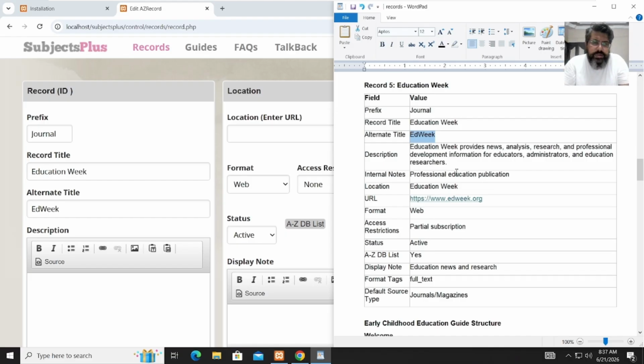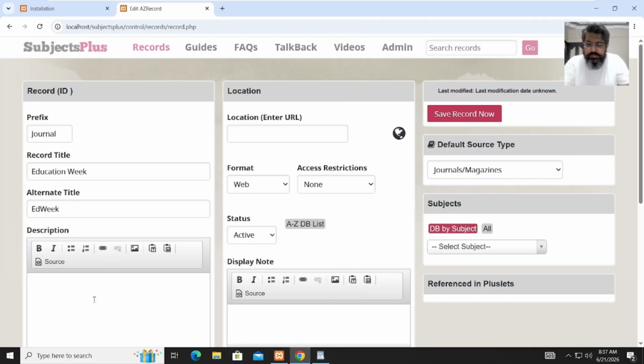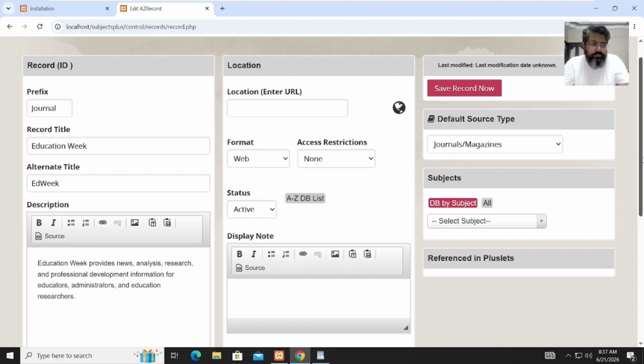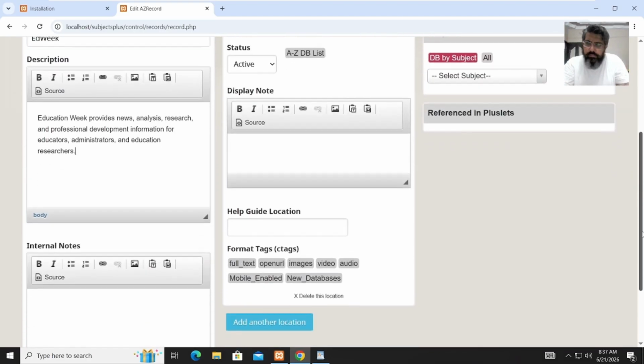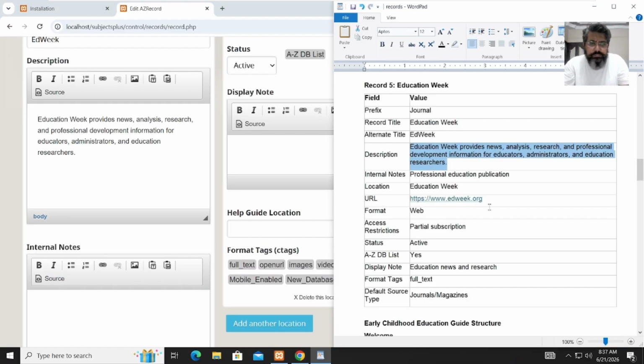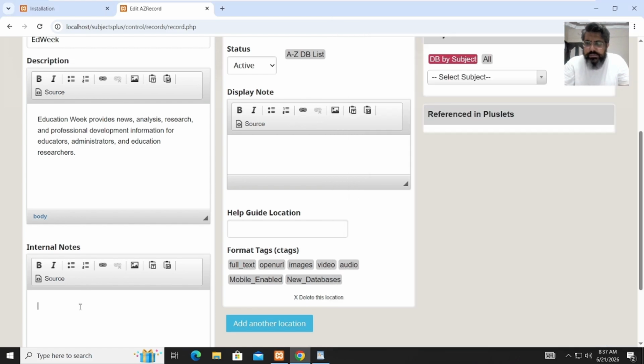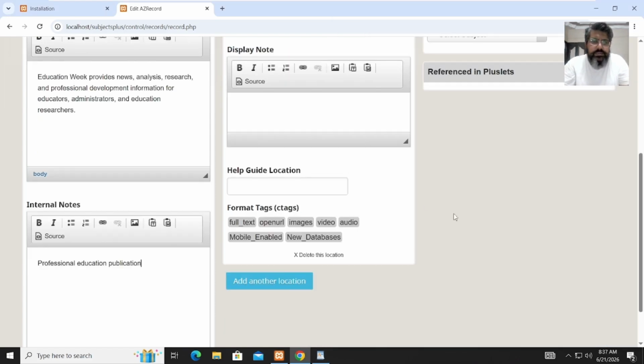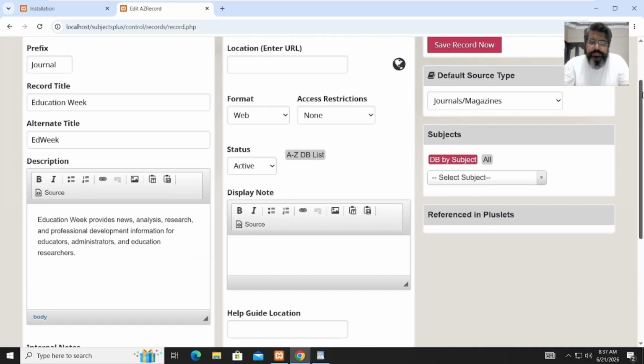Description, we'll write this dummy description. An internal note. So here we have some internal note, and that's actually right here. And then